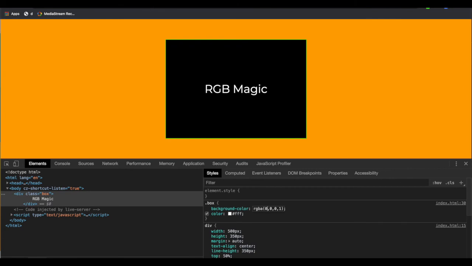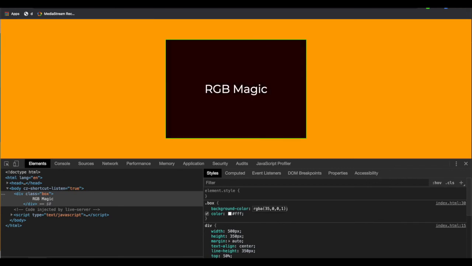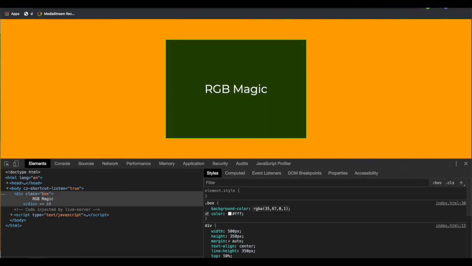Okay, so let's suppose turning it to some color, let's say 35, that will be like this, and 67, that will be like this, and 89, that color looks like this. Okay, so this is similar to the color we copied from the flat UI.